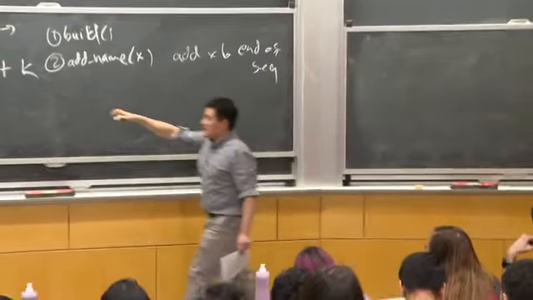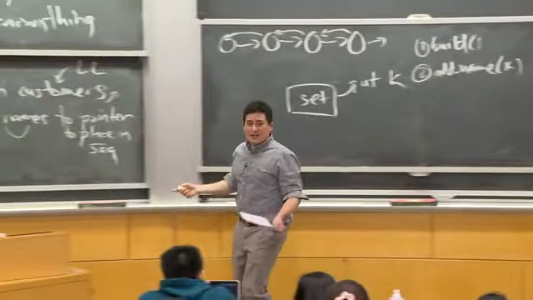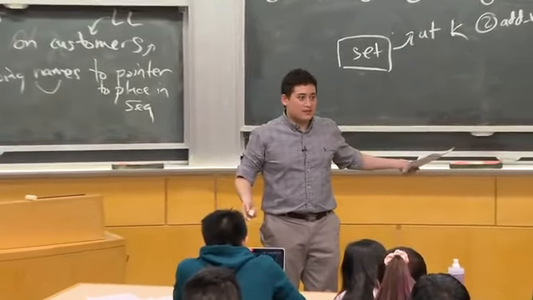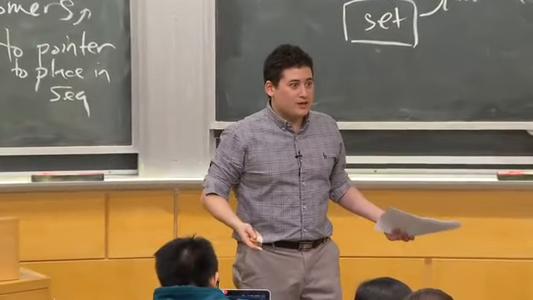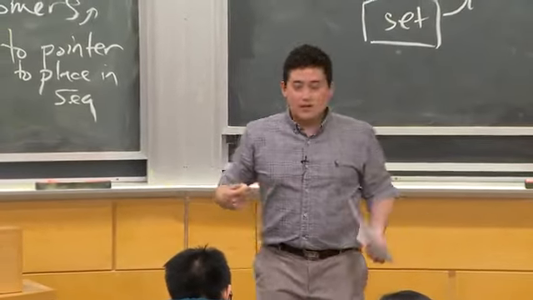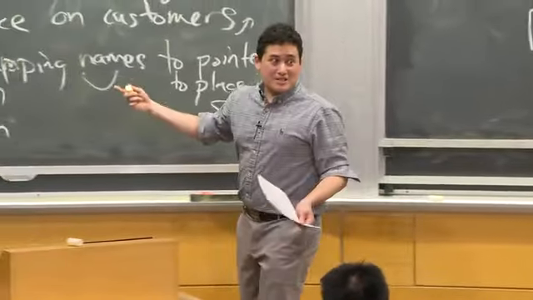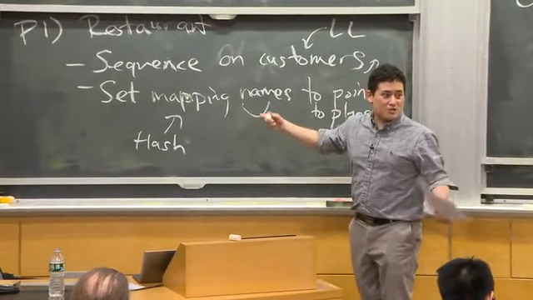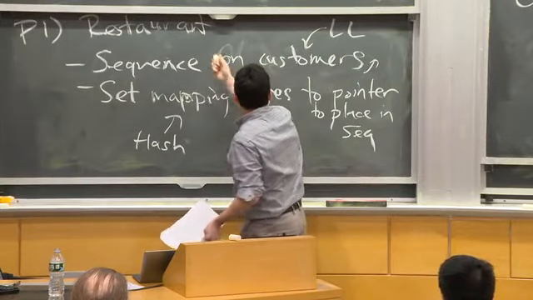Sequence, set. Okay, in this instance, I only have one sequence and one set, and so calling them sequence and set is probably fine, right? I'm not going to confuse the grader. I'm not going to confuse myself, right? But when I have more than one of these things, or even for brevity on an exam where I'm time constrained, give these things a name, right?